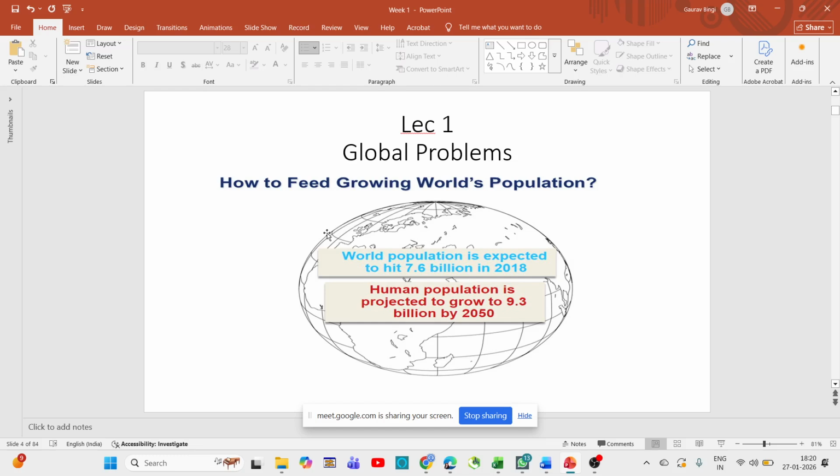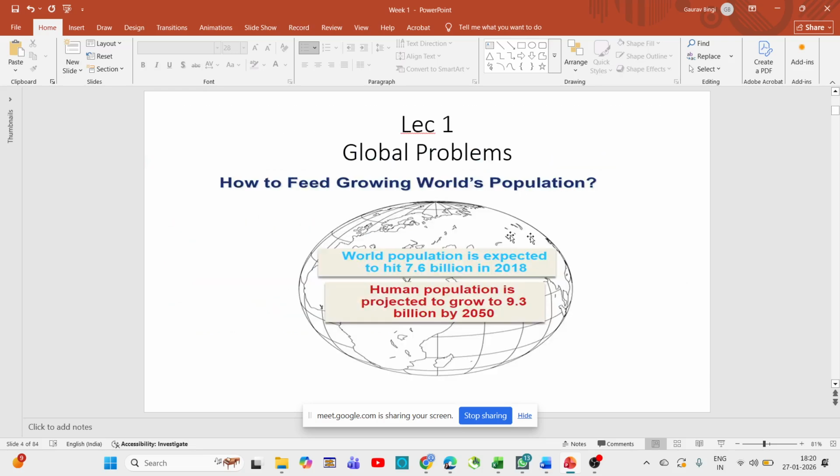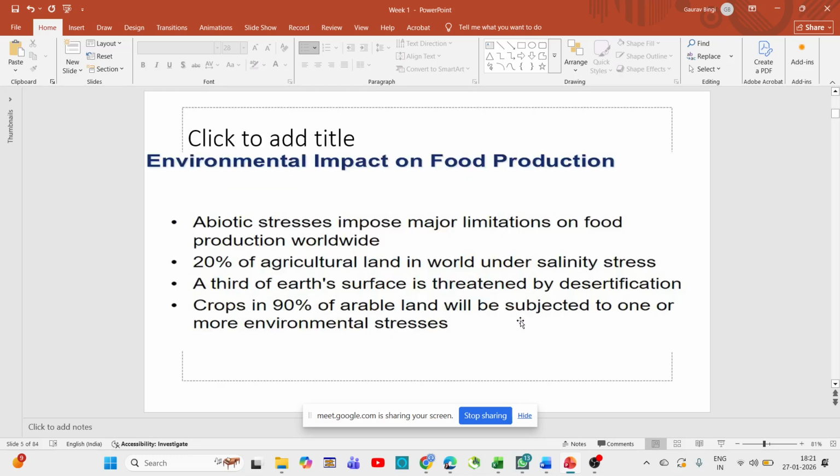The first specific problem Sir talked about is the global problem, which is world population. So there is an increasing world population, and for that increasing world population, we need to have that much amount of food as well. There is no increase in land as such currently, but if you see, the population is increasing very tremendously, and it is expected to grow to 9.3 billion by 2050. So